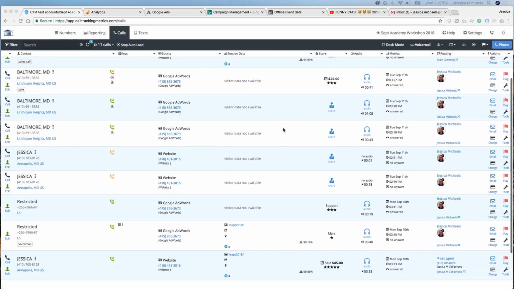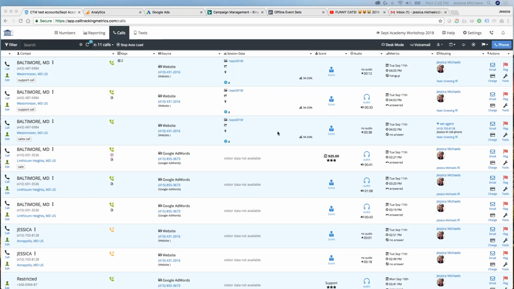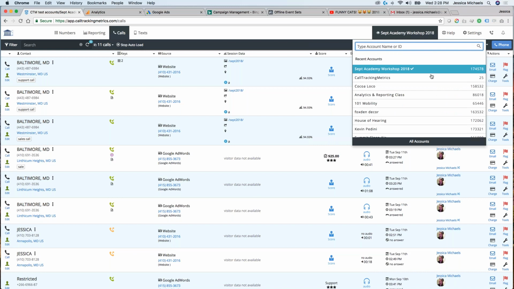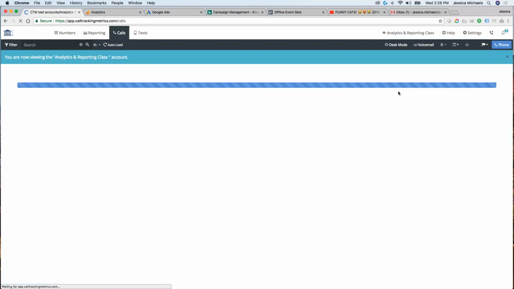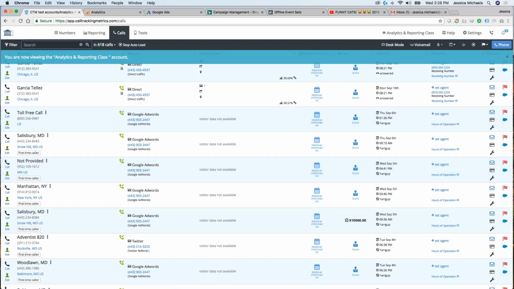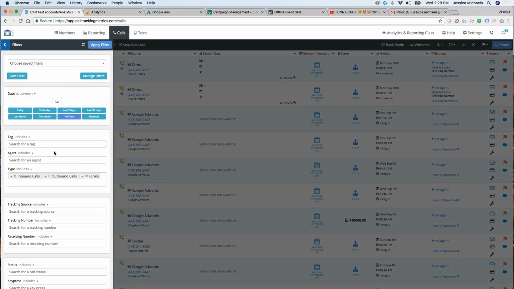This is the account that we've been working out of for the last 3 days. We started with an empty account on Monday, and we've been building it out throughout this course. But we're actually going to take a look real quick at another account that's been pre-built so that we can actually see some data.